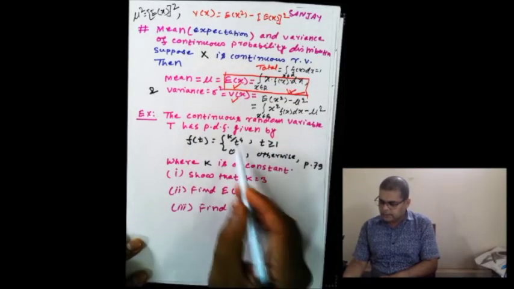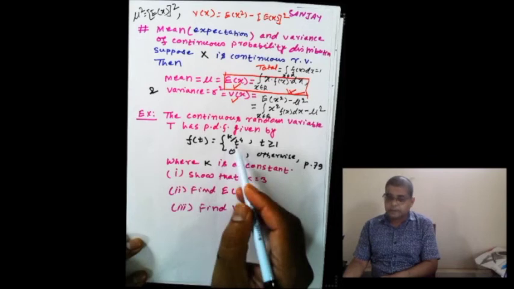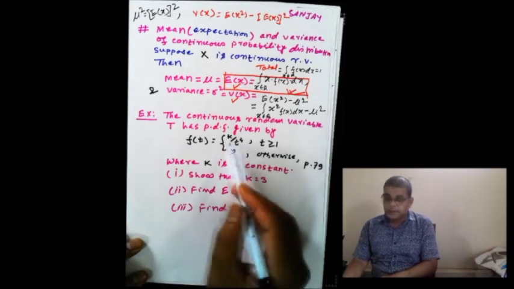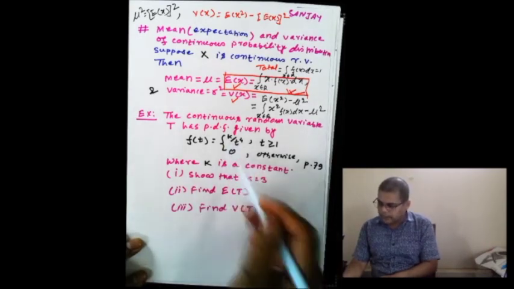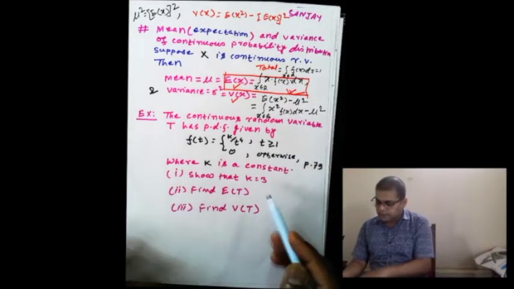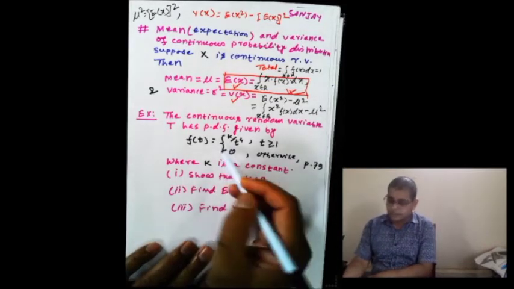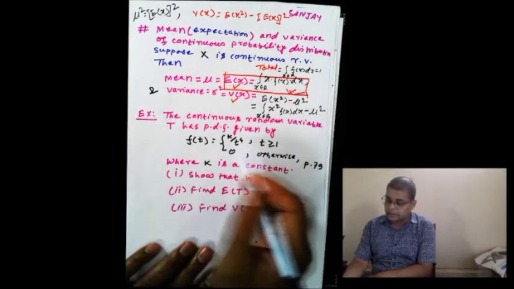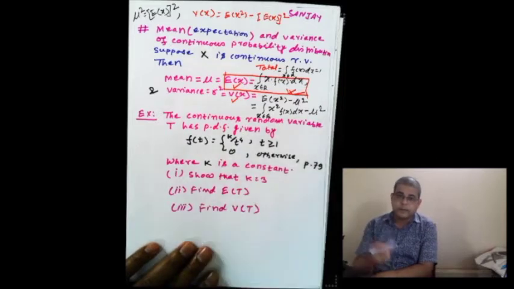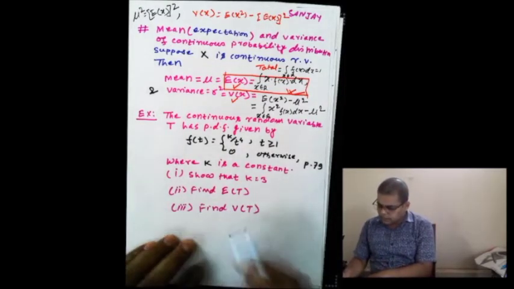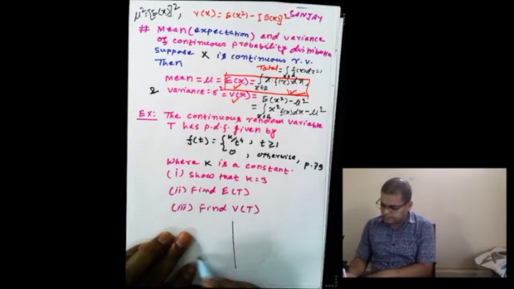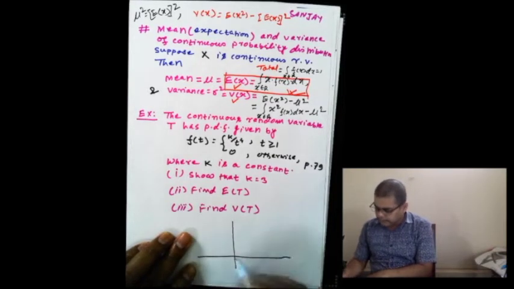So you can see that this is in the form of some reciprocal function with a constant contained with this function and 0 otherwise. So first of all, let's draw the graph of this function in order to understand what it is mathematically and what it is statistically. So if I draw the graph, for example, and then it is 0, and then it is 1, 2, and